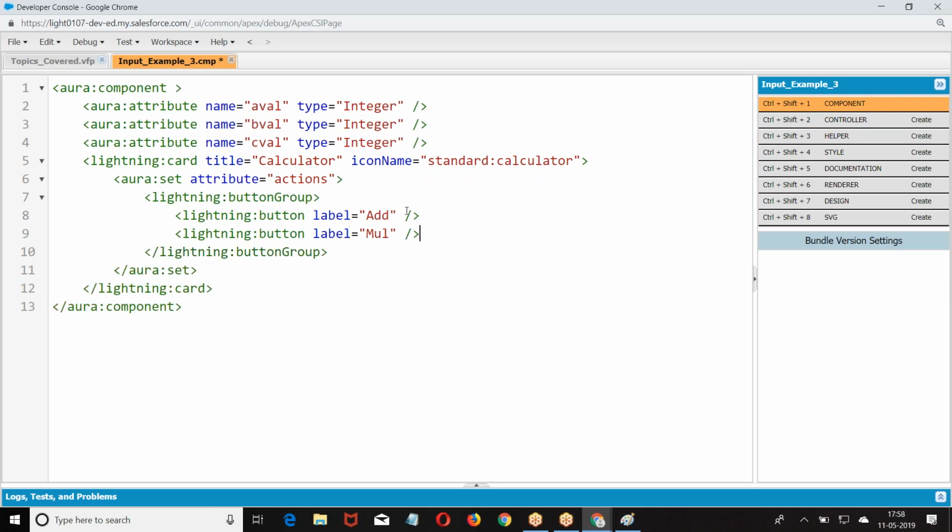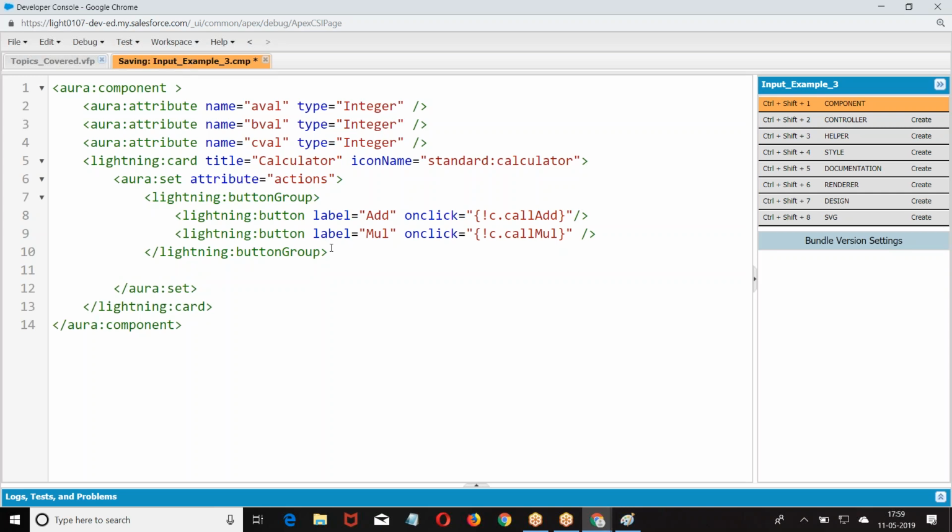So when you click on add, on click, c dot. This is how we create. So we have got button 2. Then what are you supposed to do? Take 3 values. How are you taking? Lightning input, label equal to